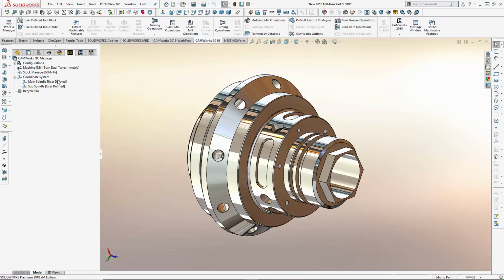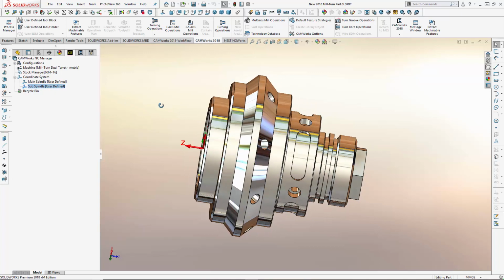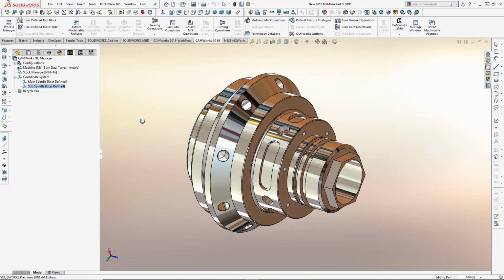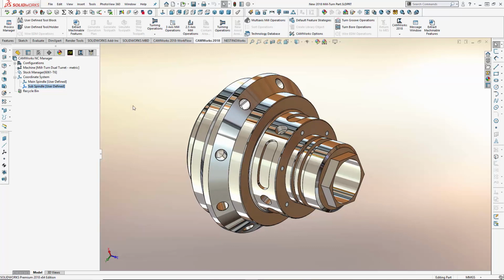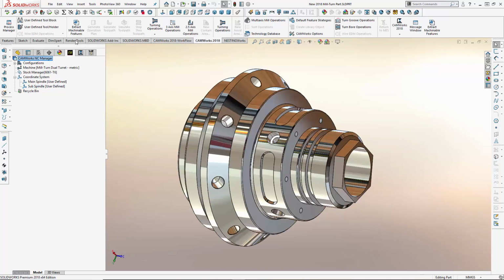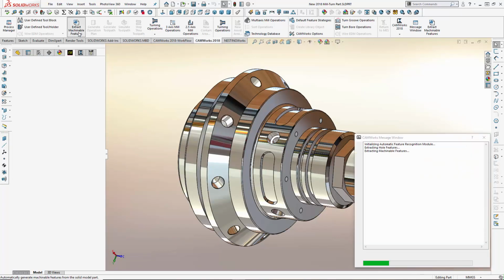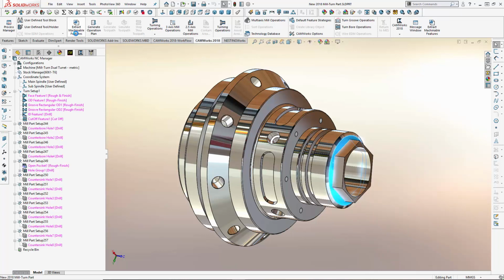The standard coordinate systems for the main and sub spindles have already been created automatically, and just like the stock size, I have the ability to easily change them if required. Now I'm ready to begin programming, and I'll start by running automatic feature recognition to extract the machinable features on the part. In just a few seconds, CAMWorks has recognized the machinable features and added them to the feature tree